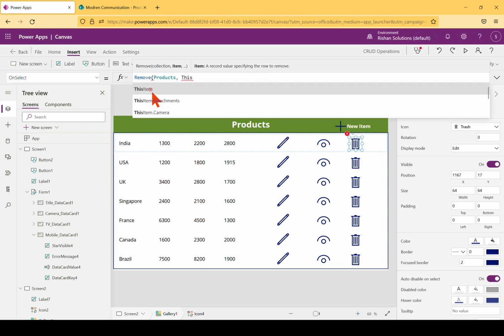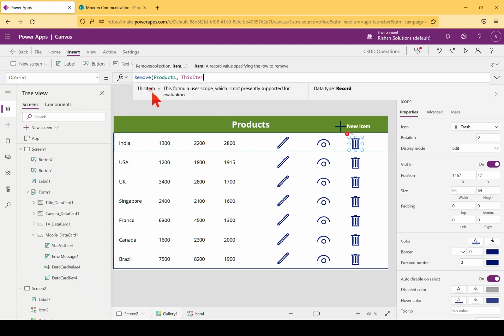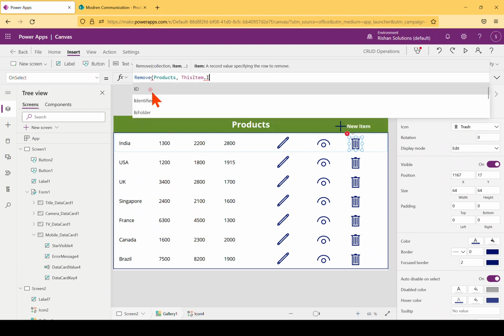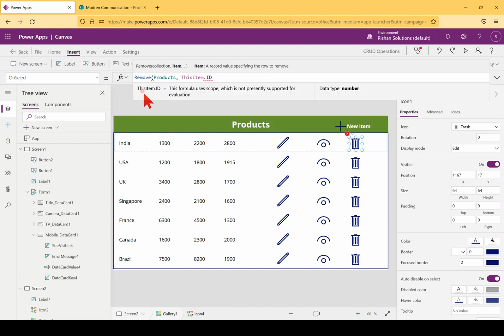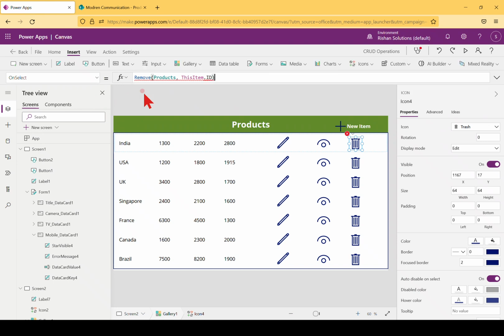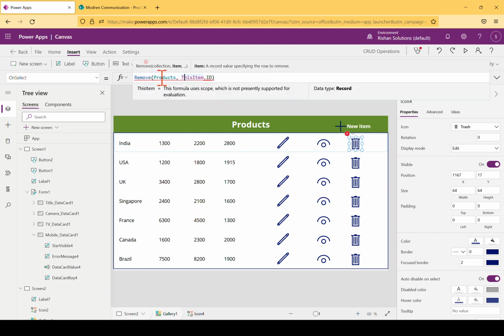Then the next one, it is asking for the item. Here, instead of passing an item, I'm just trying to give this item dot ID. When I pass this item dot ID, this formula is not satisfied, because you are taking the ID of the item from this gallery, but it is throwing an error. The function Remove has some invalid arguments because this item will not be able to be identified from the product. So for that you have to write a LookUp formula here. I'm writing LookUp,